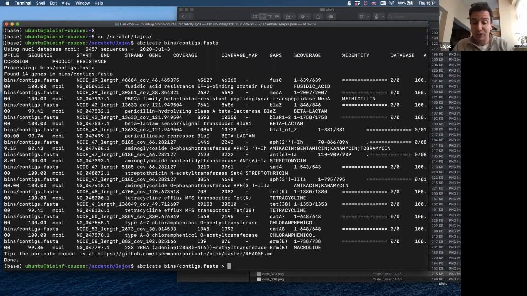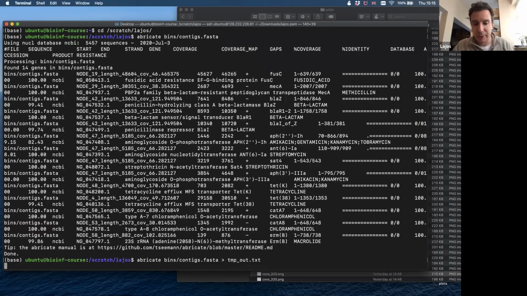The simplest way to demonstrate the difference here is by using this. I am using this sign to put everything into a file, or maybe not everything. That's what will turn out very soon. I will just call it temporary out.txt. So what I want to do is put the things from here into this file. I hope there is nothing like this in my folder, and there is nothing like this here, so I won't overwrite anything. And if I run this,